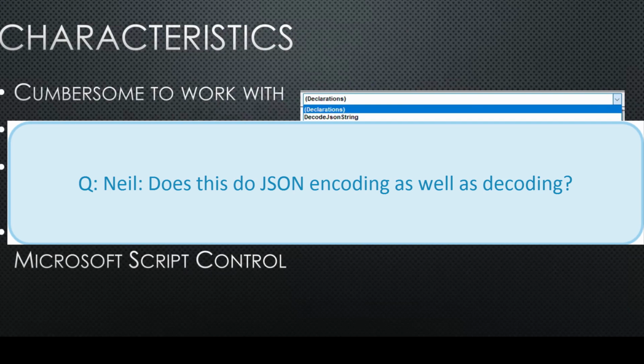Okay, so Neil asked a very good question. He says, does this do JSON encoding as well as decoding? Okay. First of all, let me preface that by saying my usage of parsing JSON comes from querying a web API to give me a JSON result. I don't have right now or never had any reason to pass a JSON string to a web API to do